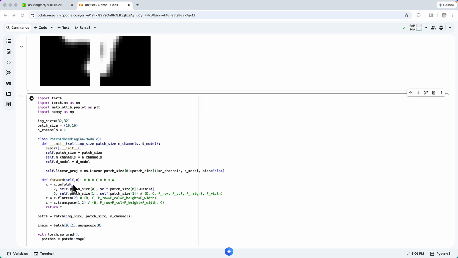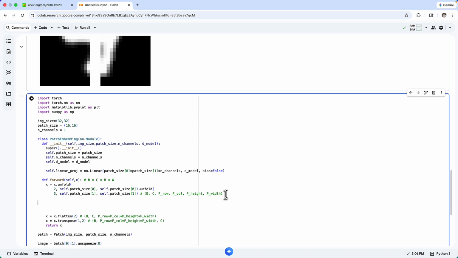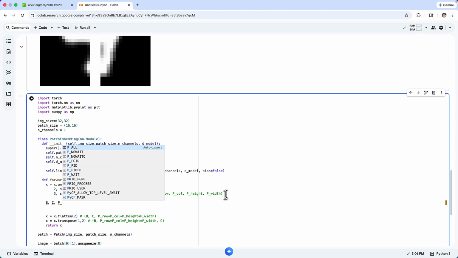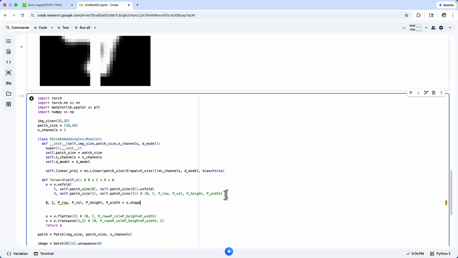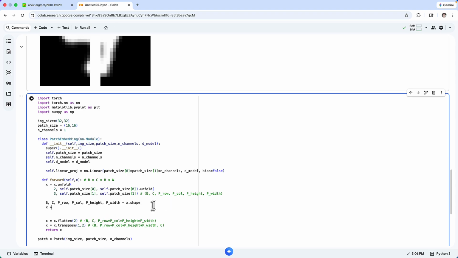Now in the forward method, we do the same thing. We first do our unfolding. We also keep our flatten and our transpose, but we do one more thing here. Before we do this, we actually apply our linear embedding. And in order to do this best, we grab the actual size of our data. So it already suggests to do this here. We are basically getting all of the information out that I just showed you here. And now we reshape it one more time